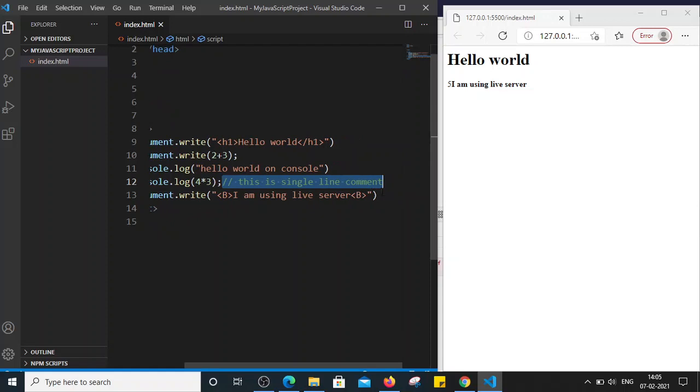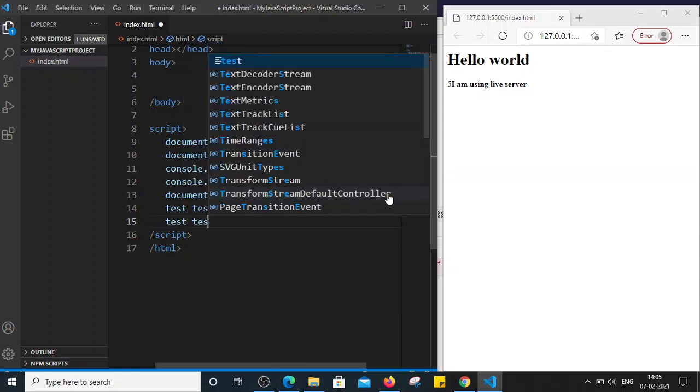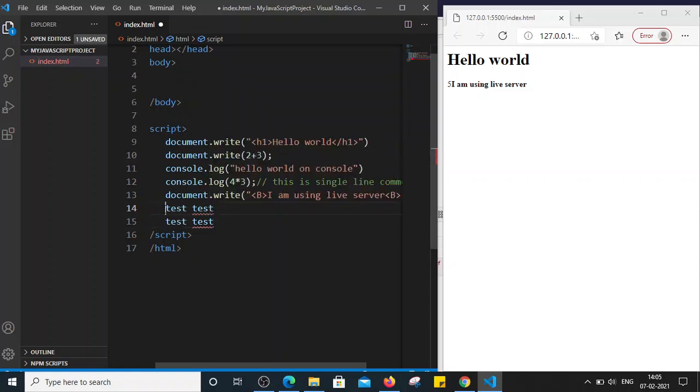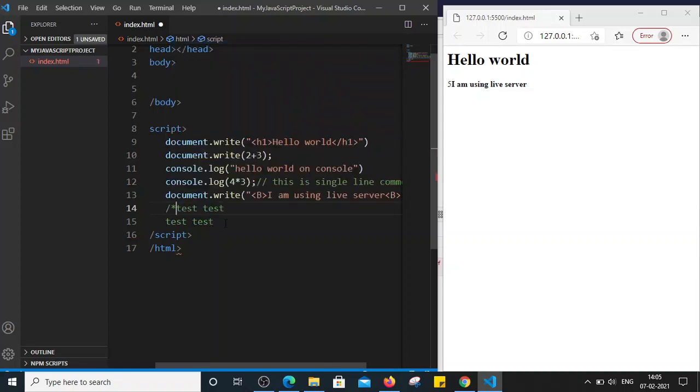Similarly, we can add multiple line comments as well. For example, suppose there are multiple lines. Now I want to comment out this couple of lines, right? So I will just use slash star and star slash.